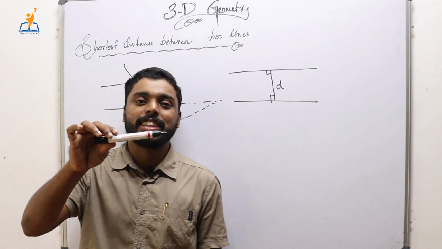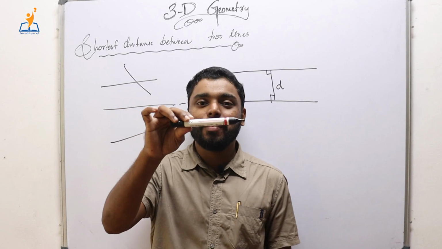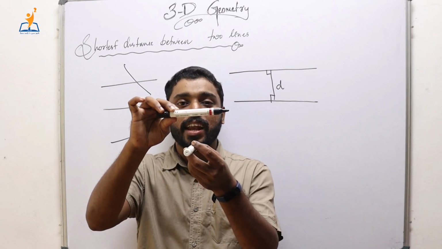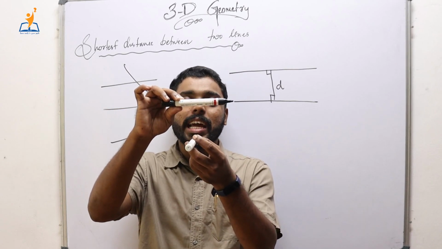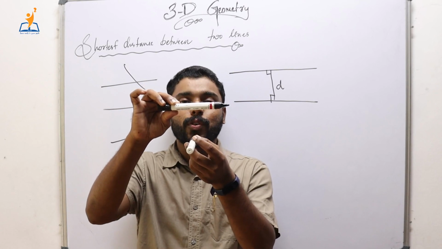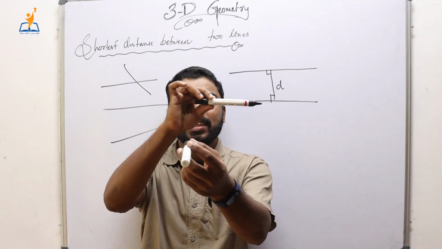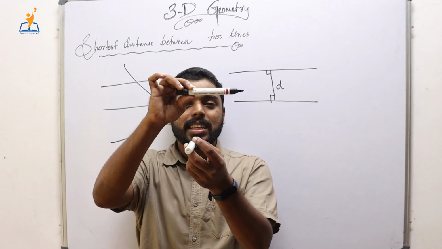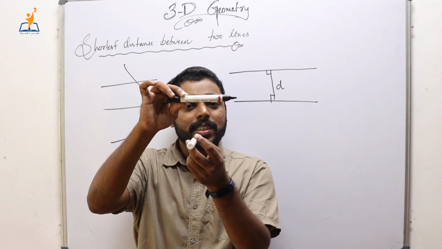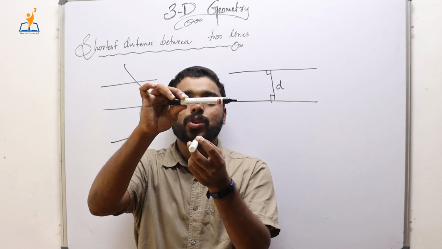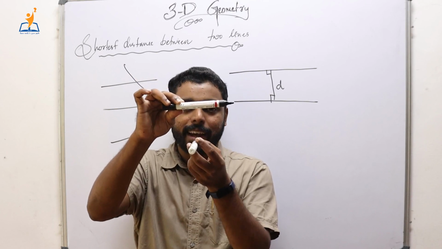Suppose that you are given a line like this. Suppose that this is the given line and suppose that this is another line. See, these two lines are given in the 3D plane. Of course these two lines will never intersect. This line will go like this, whereas this line will go like this, and these two lines will never intersect. Are these parallel lines? Of course not. These two lines are not parallel also.